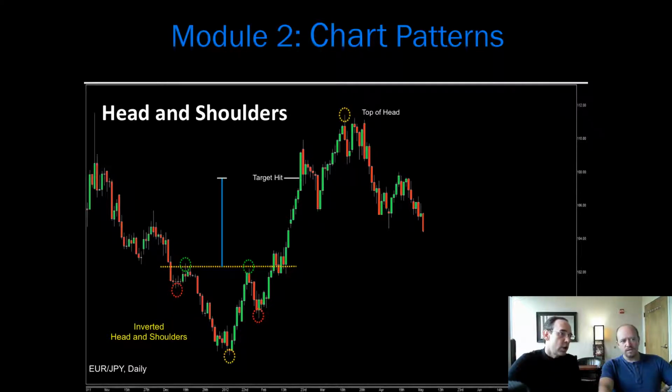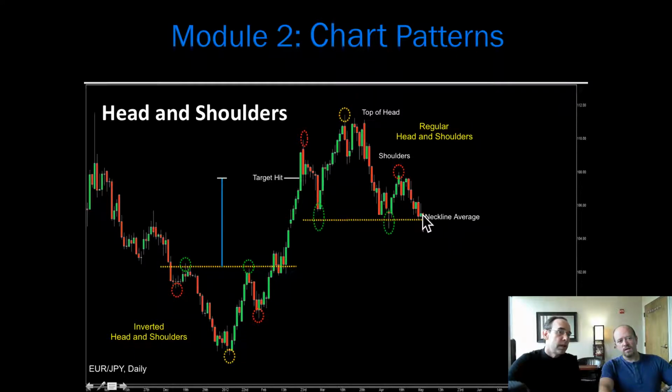But for this particular chart on the Euro-Yen daily, the price came up, hit the target, and then something very, very strange happened. Kind of a neat deal on this chart, though. It went immediately into another head and shoulders formation. We have the top of the head for regular head and shoulders. We have the top of the shoulders in the red dotted circles. And we have the green dotted circles, which show the neckline.